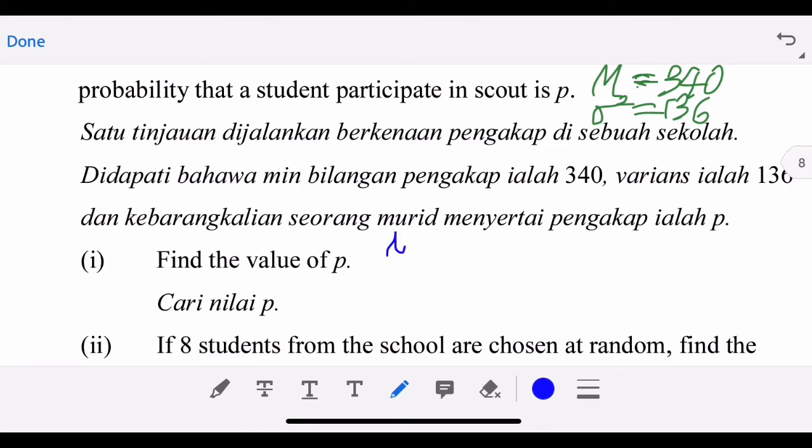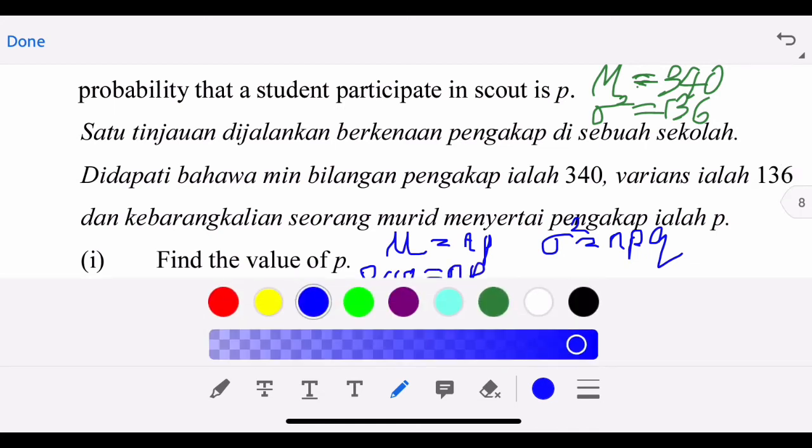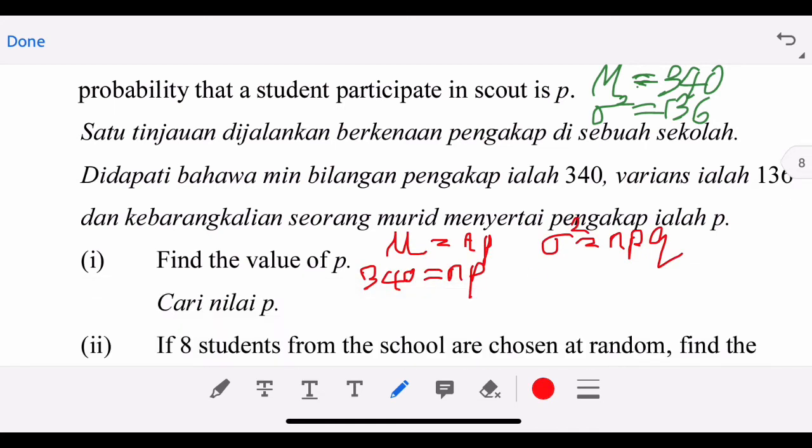So we have a few formulas for this one. Mu equal to NP. Another one is variance equal to NPQ. Okay, for your information, this mu is not the same as the mean in statistics, and the variance is not the same. For probability, we have the mean and the variance specifically for the probability distribution. So 340 equal to NP, then variance equal to